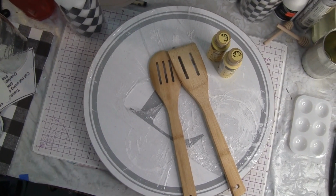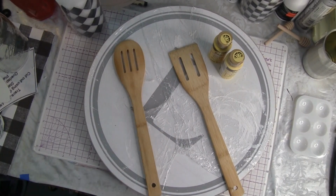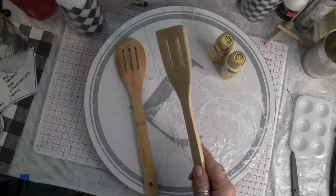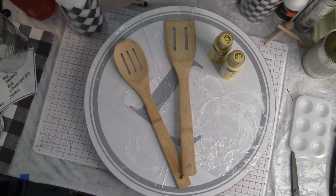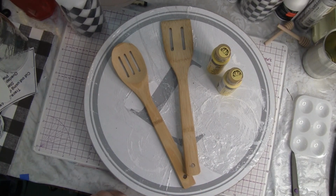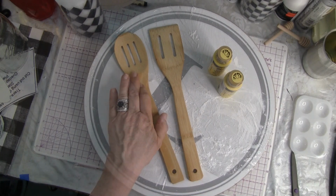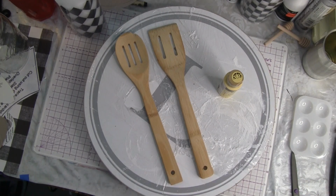Hey everybody. Alright, so we're done with the bee spoons that I did. Now I want to take a couple more of these Dollar Tree spoons. These are wooden, not the white ones, obviously. I also want to tie them into my bee theme. So I think I'm going to paint them yellow, and then actually I think I'll make them yellow polka dots. Maybe I'll do one white with yellow polka dots. So I think what I'll do